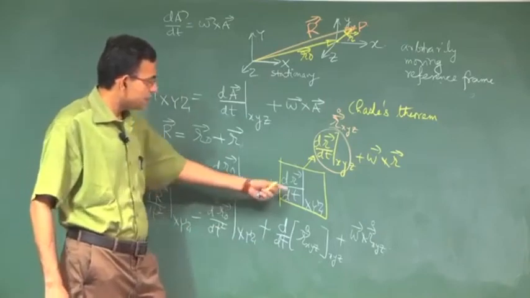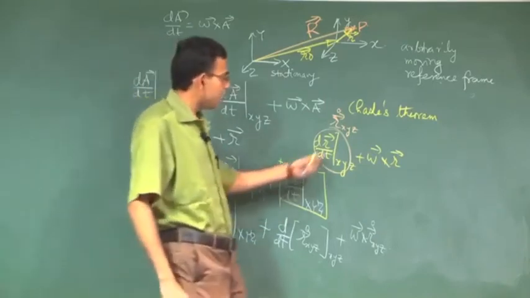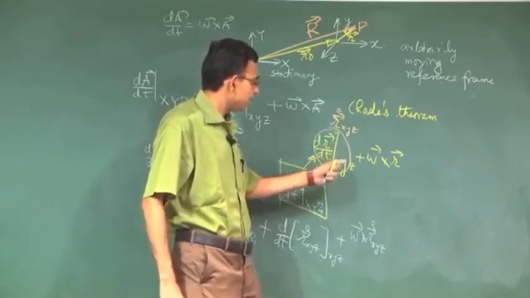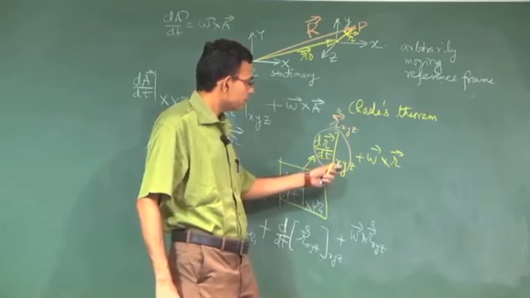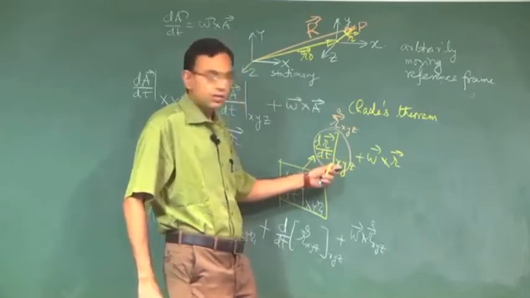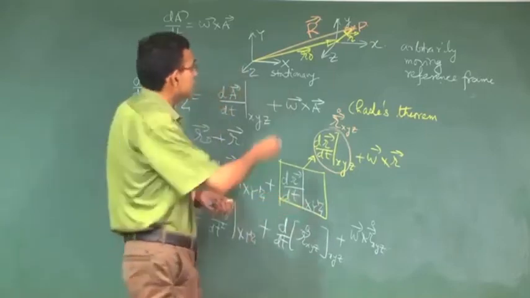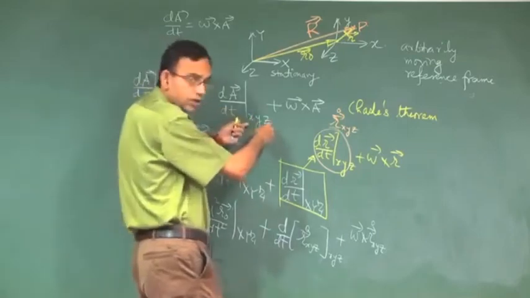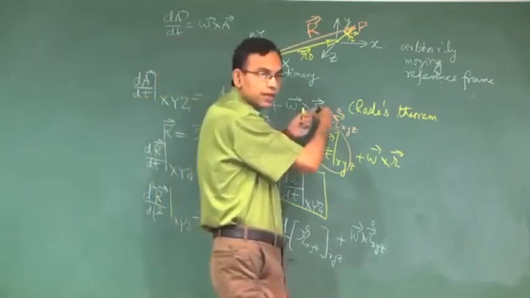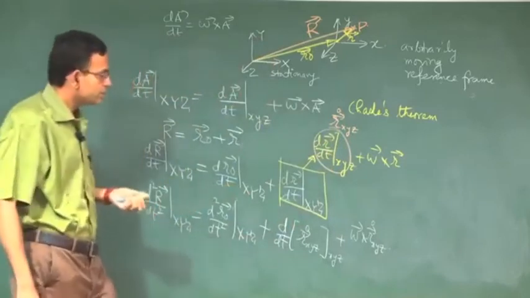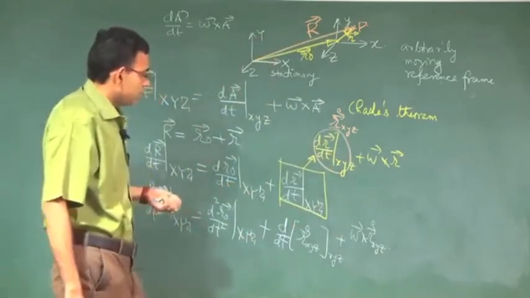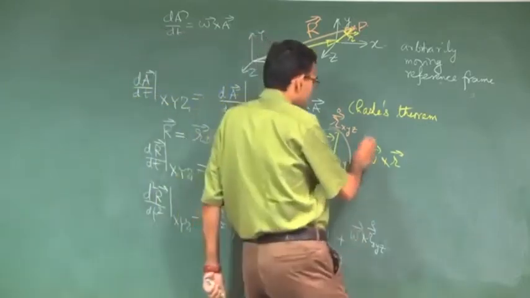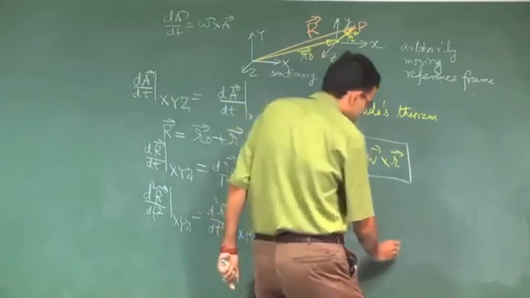This is capital and this is small. See this Chasles' theorem, this with respect to capital XYZ is equal to this with respect to small xyz plus omega cross this, right, okay. So omega cross this, then the derivative of this one, that is the final thing. So plus